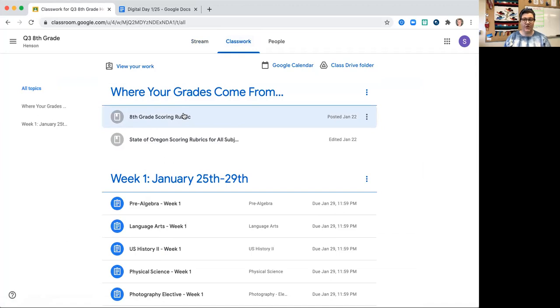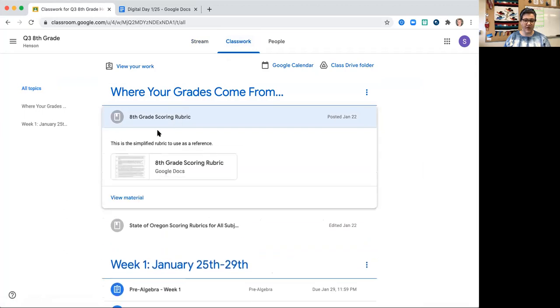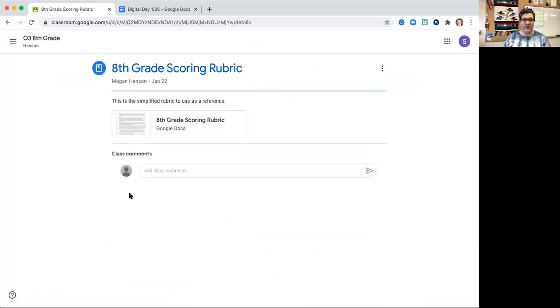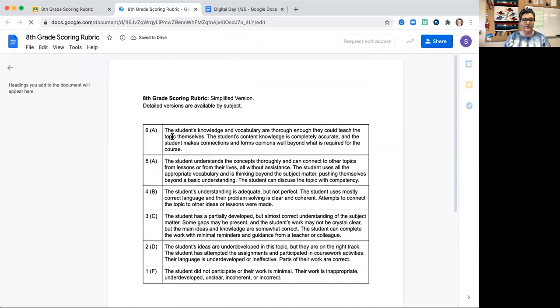Rather than scoring you from a 0% to a 100%, which is more traditional, this is available for you guys to look at. You're going to be looking at, very much like the state scoring guides, a 1 through 6. And those are going to line up with normal letter grades. So you'll still get a normal letter grade at the end of the year. And this is more clearly how I grade you anyway, but now you have a more clear understanding of why you're getting the grades you're getting. So I'm going to go through this really quick.